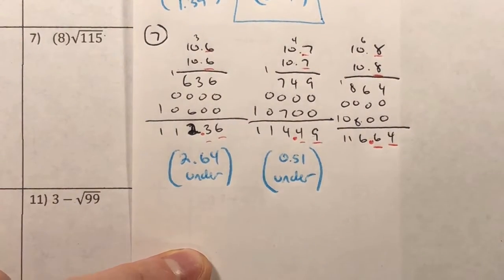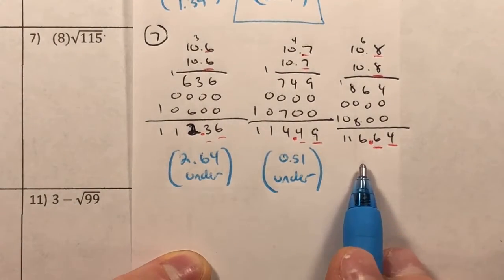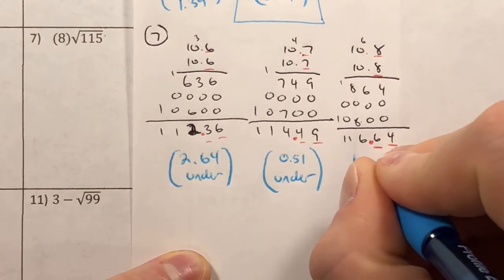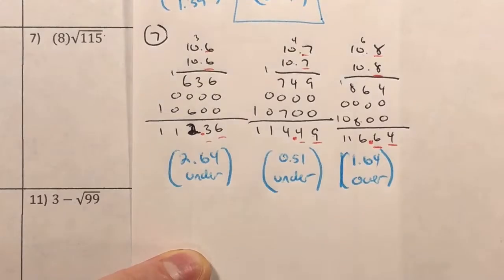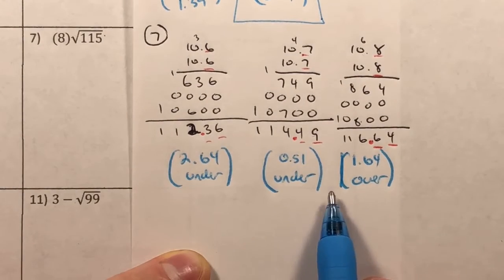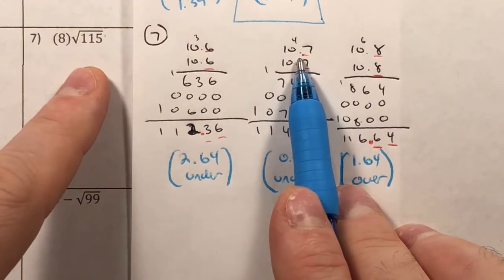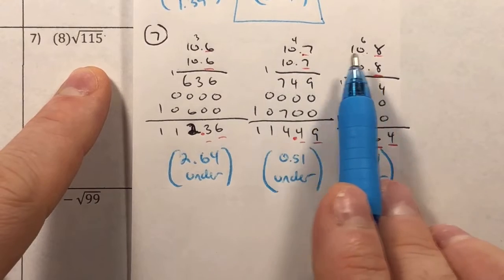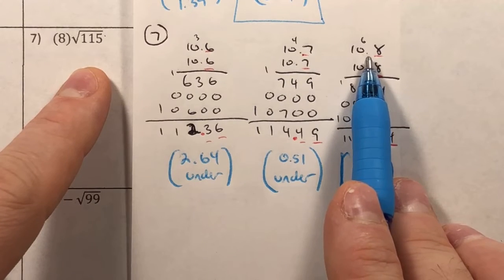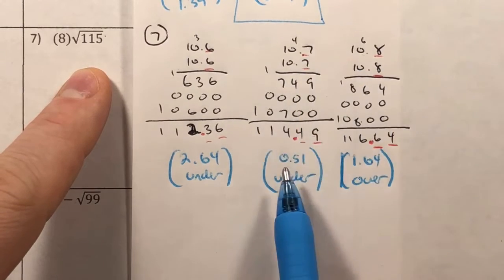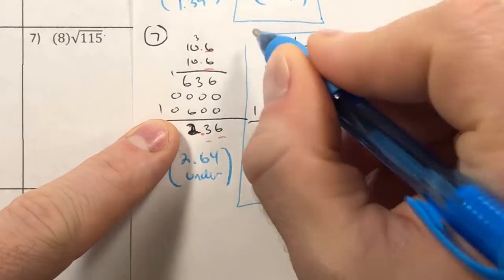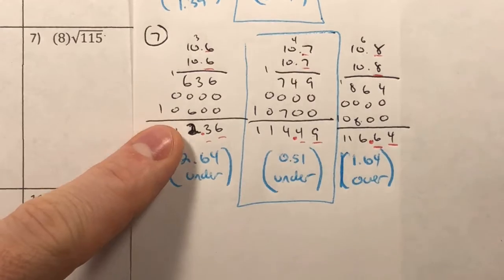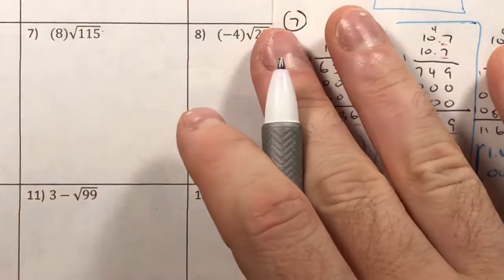Boom. So yes, we did exactly what we thought. I went from under to over. In this case, I'm 1.64 over. Which means out of the two, the under and the over one, my actual square root of 115 is some decimal between 10.7 and 10.8. Not worried about the secondary decimal, but I do know that 10.7 is going to be the closer of the two. So what I'm going to do is I'm going to say right here